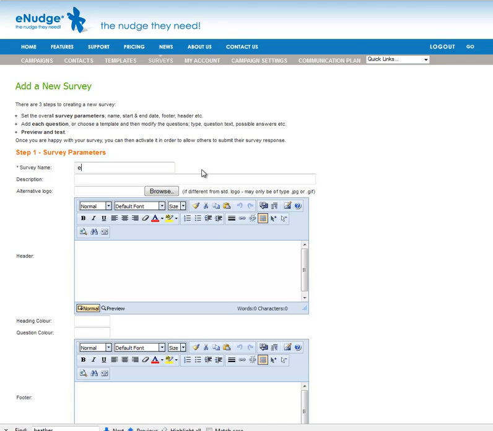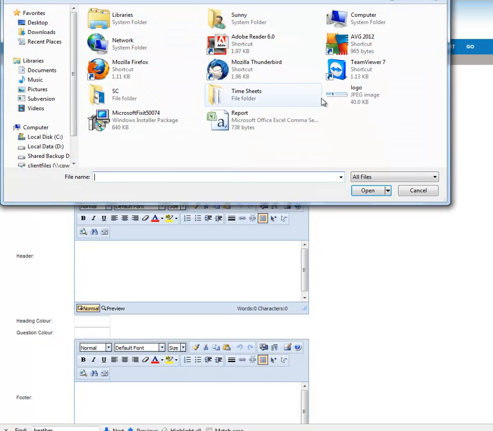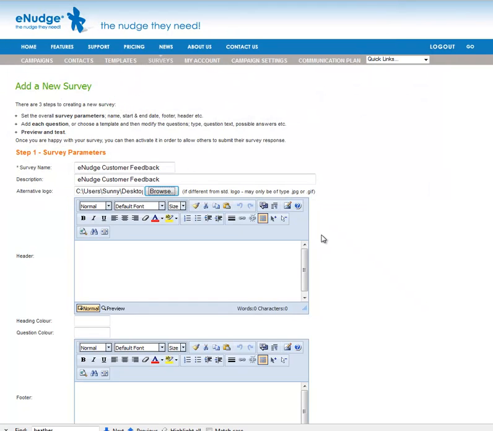So first you will set up the overall details about your survey, and as a second step you'll add each survey question. Beginning with the survey name, ensure that this name is going to look good and perhaps help your search engine optimization. The name is used in the URL that eNudge survey generates for your contacts to use to respond to your survey. We're now showing you uploading an alternative logo, and that logo will appear at the top